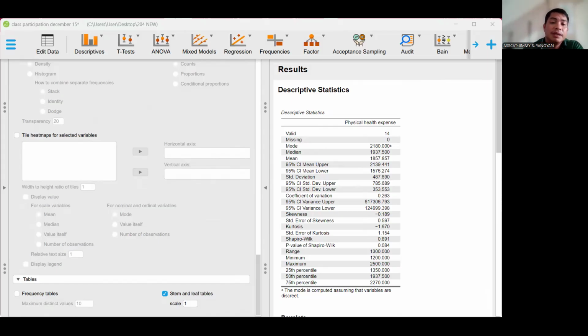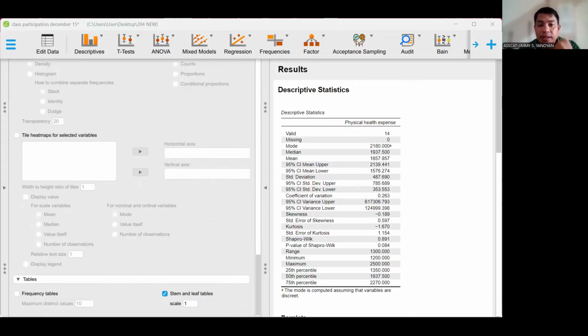It is nearly symmetric. The kurtosis is also negative, at negative 1.670. Since this is negative, it is considered platykurtic. Platykurtic is flatter than the normal, meaning fewer extreme outliers.